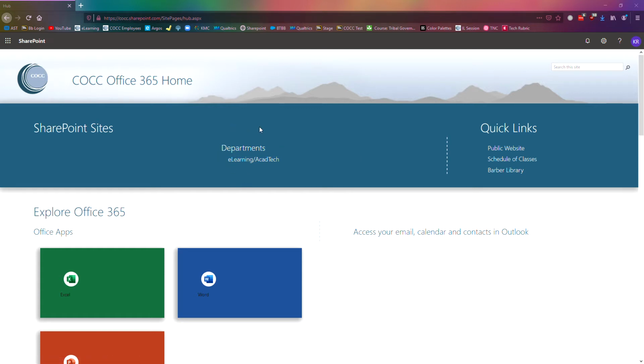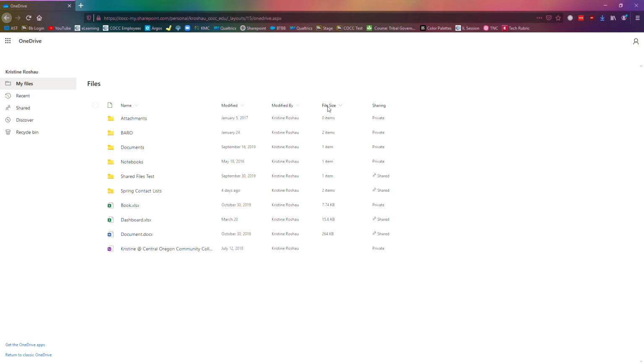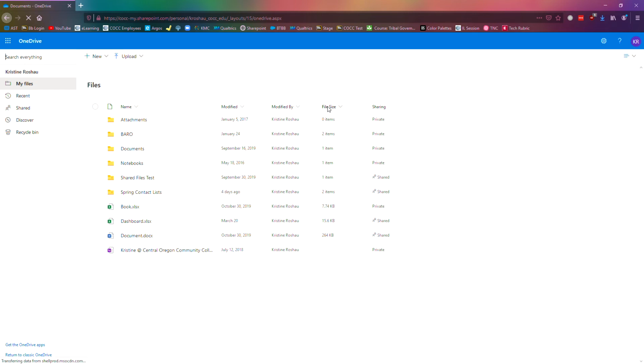My home screen takes me here because I'm in a couple of department folders, but what you'll want to do is come up to the waffle and click on OneDrive. And what this is going to do is open up your cloud storage for COCC. And you can see I have a couple of folders in here. For sharing with,